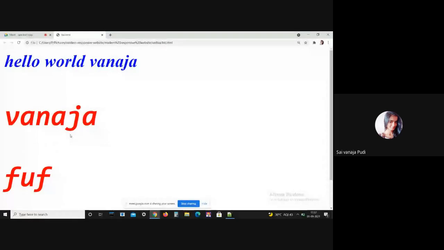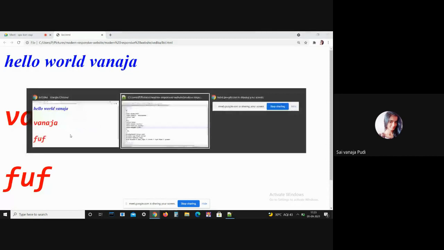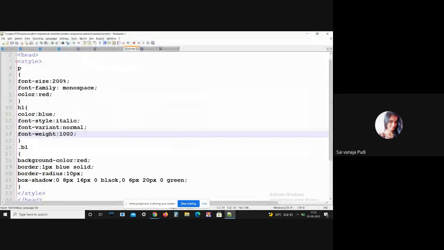This font weight property is generally used when you want to mention some content especially, like if you want to make your content more and more bold. Even you can make your content lighter also. Here I gave bold, instead of bold you can give lighter. Or else you can decrease your numbers, like here I gave 1000.